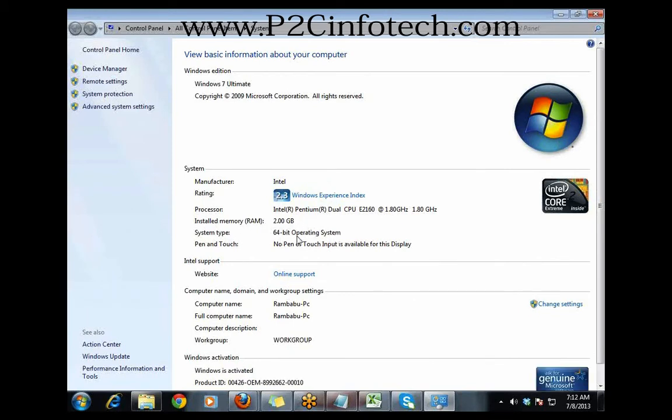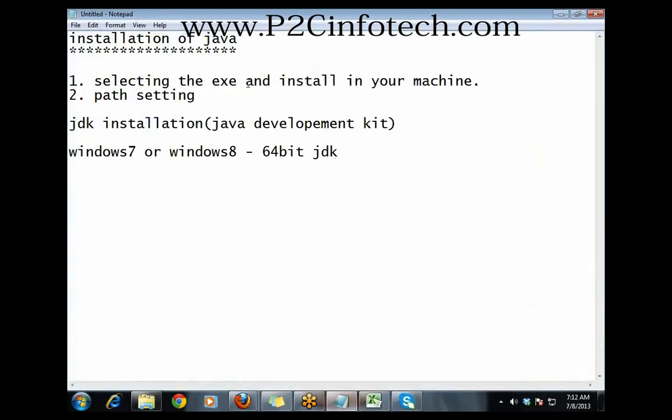If it shows a 64-bit operating system, it means you have to choose the 64-bit JDK to install. So that is one way, and the very next step is you have to choose the right exe, knowing whether you are using 64-bit or 32-bit.